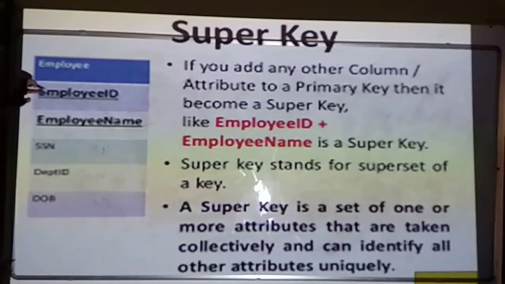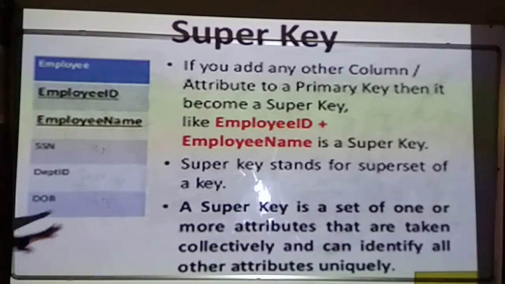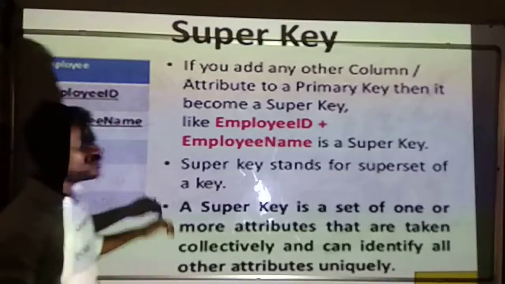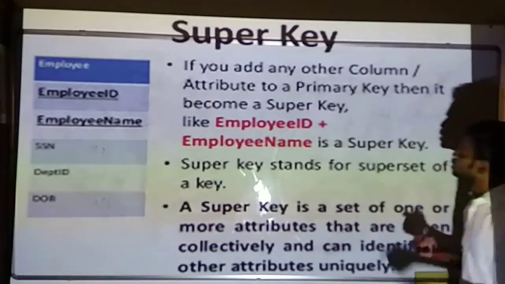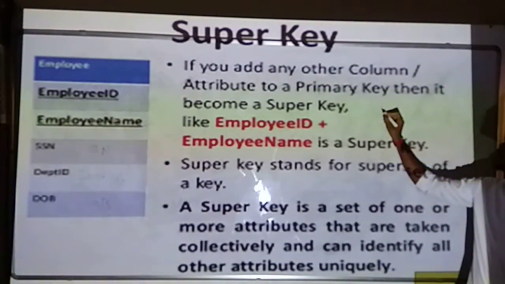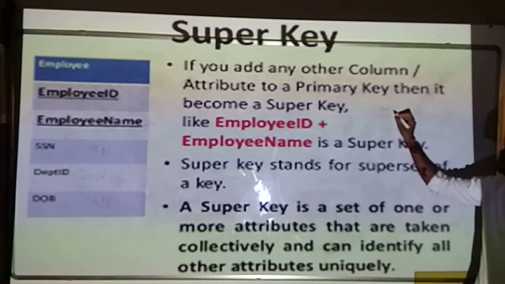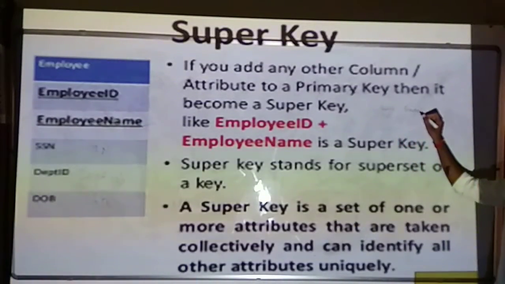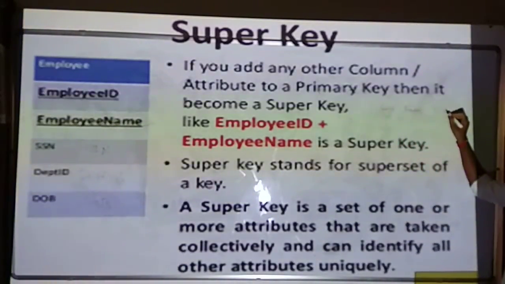It is a set of one attribute or more attributes that can be taken collectively in order to identify a row of the table in a unique manner. For example, I will take one more table over here, which is of a student: student ID, student name, student fee, and the department in which he is studying, department ID.